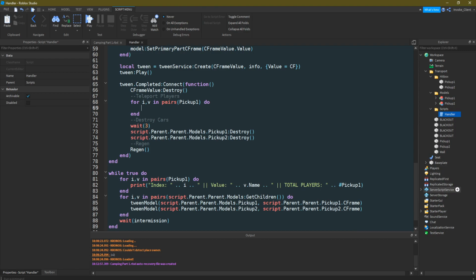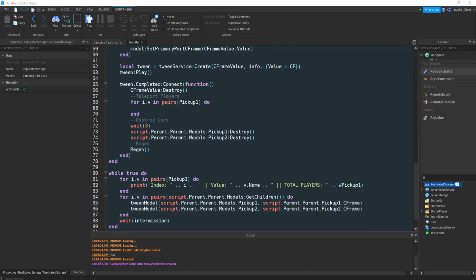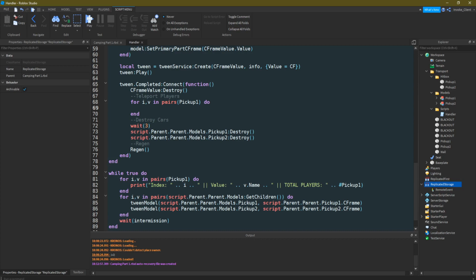We're going to create a remote event in the replicated storage, and we'll call this blacken. We will be using it later though, we won't be using it right now. So for i, v in pairs, pick up 1, we're going to say